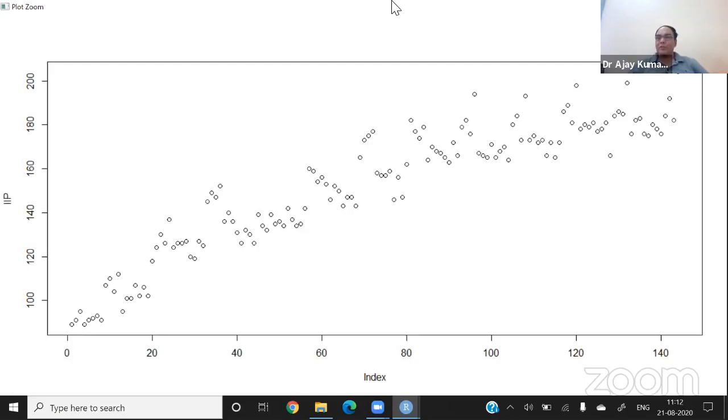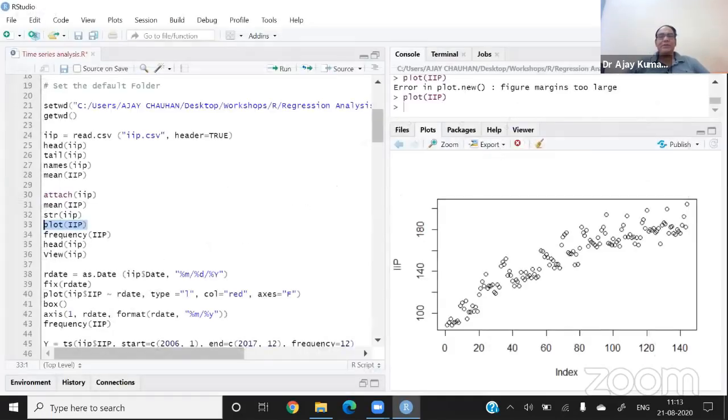This is the biggest problem in dealing with time series, because whenever you import the time series data set, it is showing you the observations, not the time. So the first duty of the researcher is to convert it into a time series data set. Now I'm telling you how to convert a data set into a time series data set. Again, show the x-axis of it. And here you can see that we are not having the dates on the x-axis. So this plot cannot be called a time series plot. That is a problem with most time series data sets.